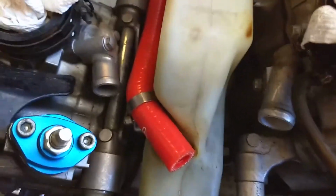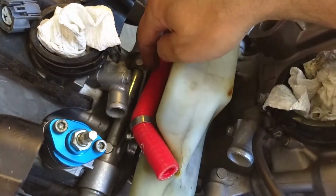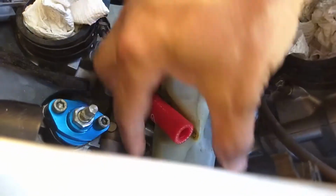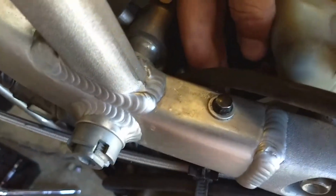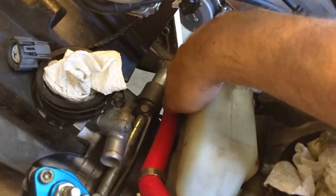So, reassembly, of course, is the reverse of disassembly, but let me tell you, this is a pain. This is why I hate liquid cooled bikes. First thing you need to do is this hose to the water pump needs to be just in place. It's going to go into a side groove on the overflow tank, and the overflow tank has a little protrusion right here that goes into a hole in the frame down here, which is right below the screw that holds the choke mount. So you got to put the back in first, then you got to put the front in and attach the screw